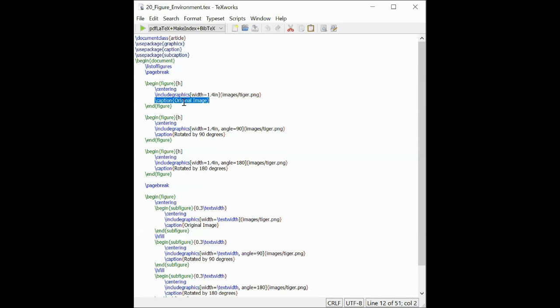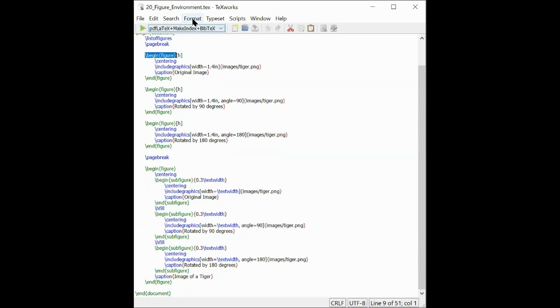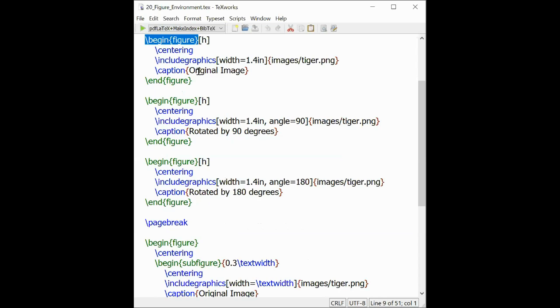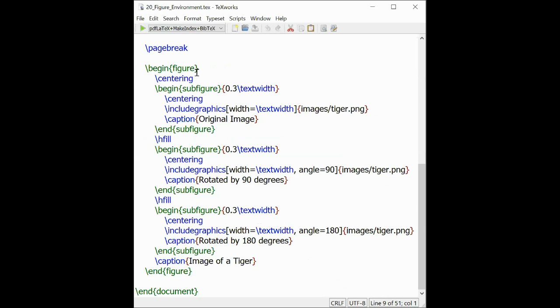So if you want to have multiple figures in a single environment, this is the one. You have to start the command with \begin{figure} and end it with \end{figure}.